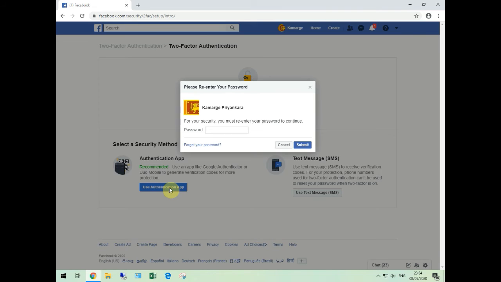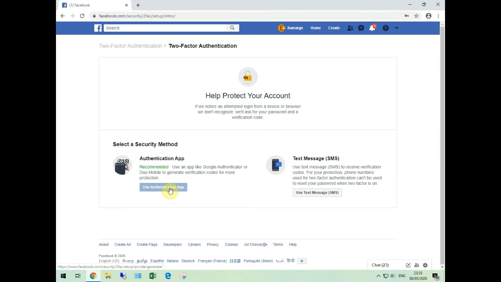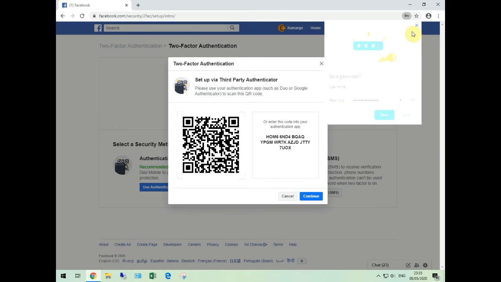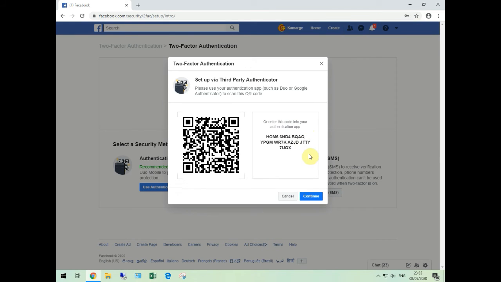When you click use authentication app, it needs your Facebook password. So please type the password and click submit. Now you will see a QR code.